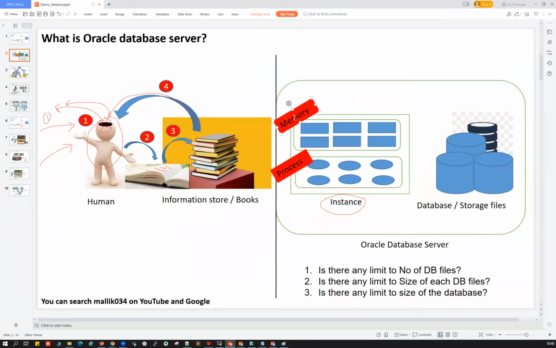Similarly, it has memory, and memory has many components like SGA and PGA. Inside SGA, we have the DB buffer cache, log buffer cache, shared pool, large pool, Java pool, and many other memory components. But just assume that as a human has a brain, this instance has memory. And that instance has background processes.